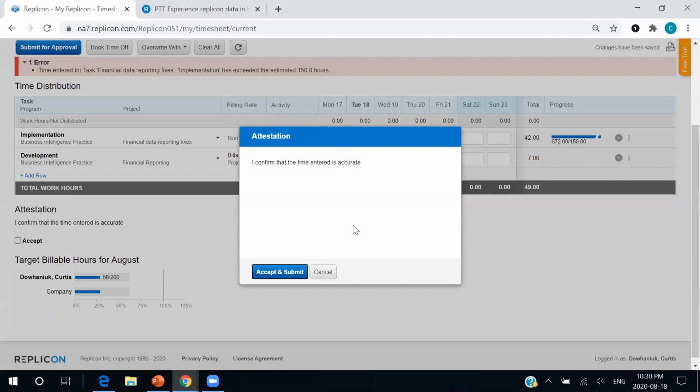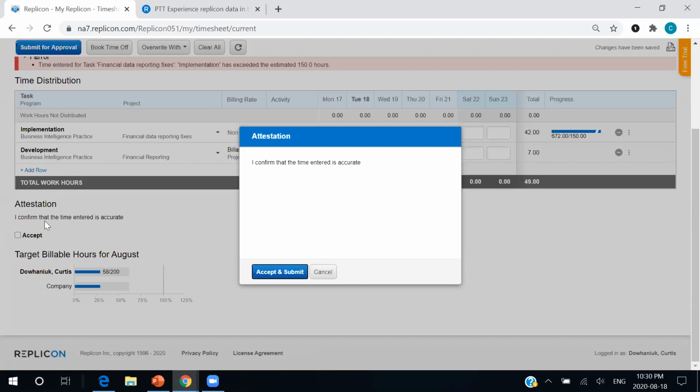So validation rules are certain parameters that must be met every single time a timesheet is submitted. And these validation rules cover things like minimum hours entered, maximum hours entered, hours during a rolling period, minimum overtime for a day, overtime for a week, mandatory break enforcement, the list goes on. And if these validation rules are not met, there will be different things that happen. So in this instance, I forgot to accept this attestation on the bottom, so I'll get this gentle reminder to go ahead and accept and submit.